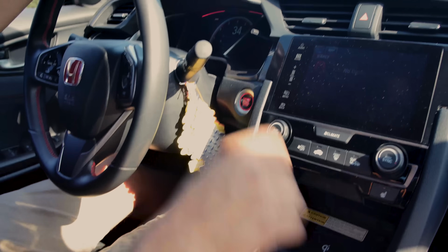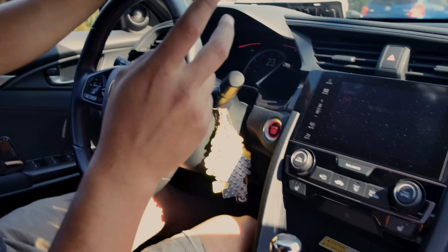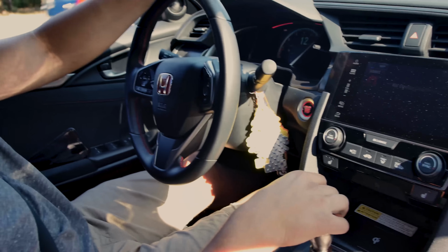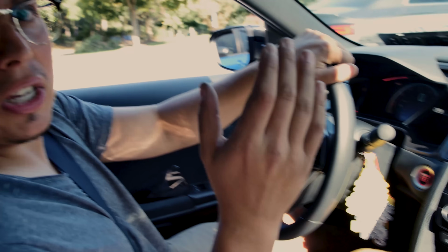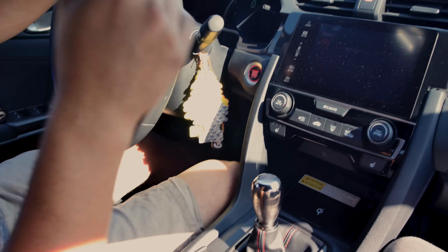But I've noticed with these tires, second gear, I'm not losing any grip, which is quite nice. And they just feel great on the road. Hankook RS4s, I highly recommend Hankook RS4s. They are great. But we're gonna end this here, and the next clip is gonna be with the muffler cutouts,